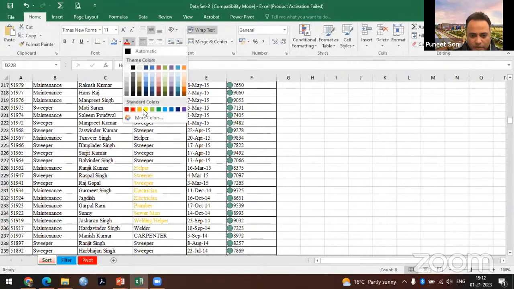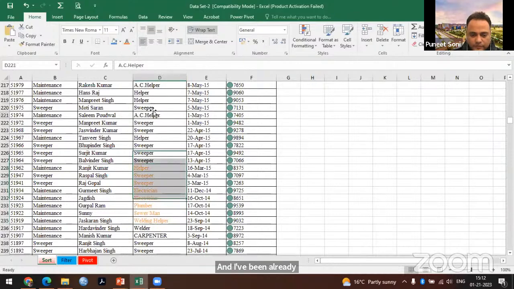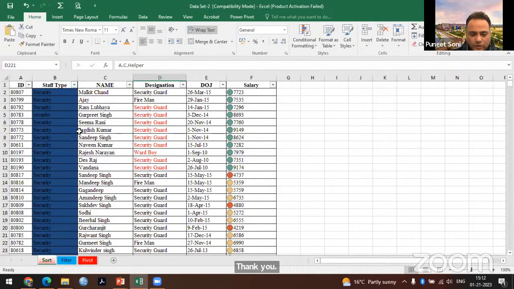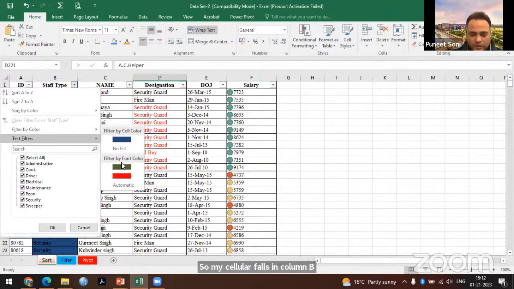Red have been already signed. Okay, orange color, right? So now I want to filter this data firstly by cell color. So my cell color falls in column B. Go to the filter, select by